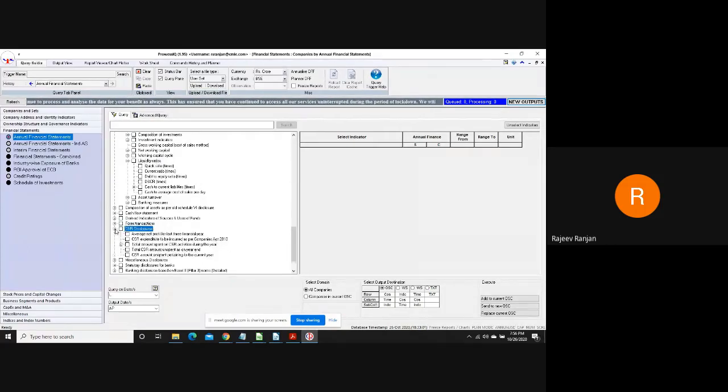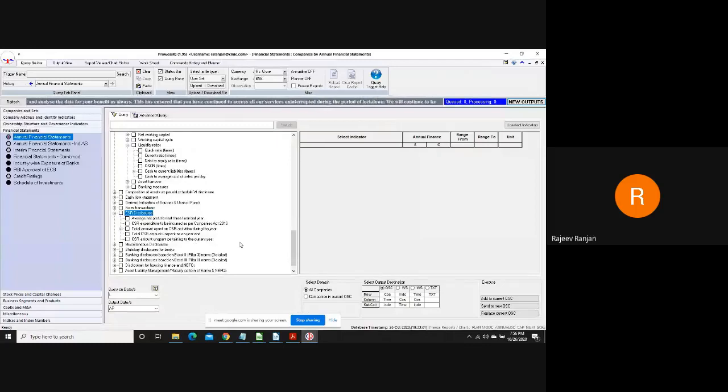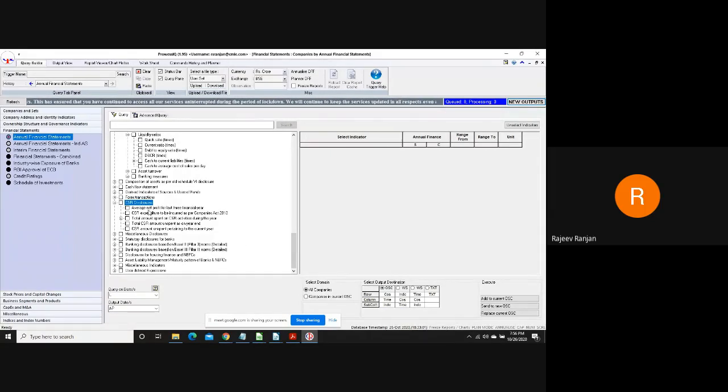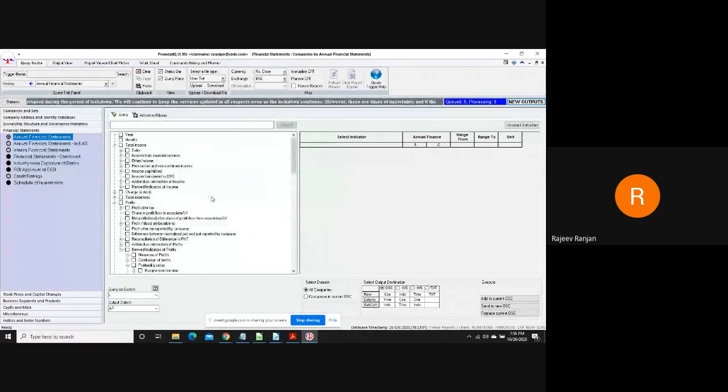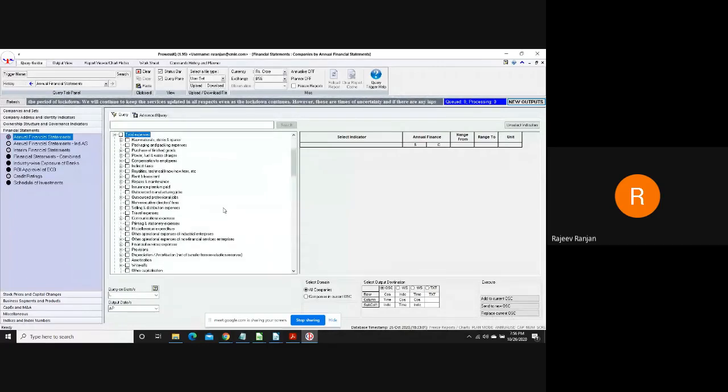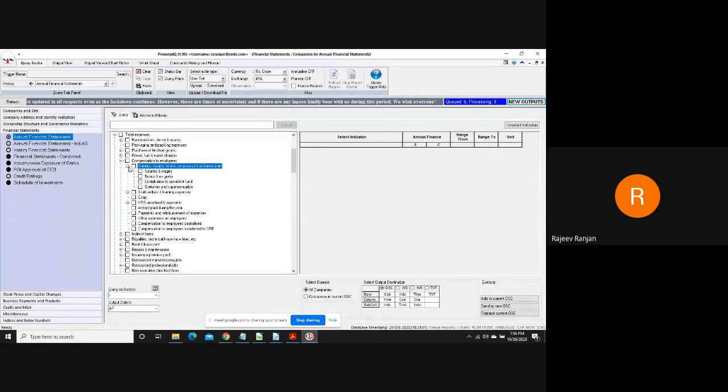For those who are working on the CSR disclosure, we have included the data with respect to the CSR disclosure under the Companies Act 2013, covering the company's average profit for the 3 years, the amount earmarked for spending on CSR activity, and the amount unspent. So one can run a query from here. Similarly, if I'm looking at the expenses indicators, I can build my query to find all the companies where the power and fuel charges are X, or the companies where the wages and salaries are a certain amount.